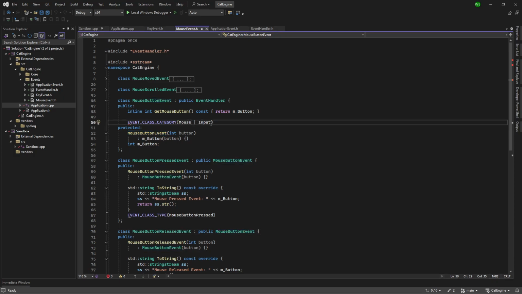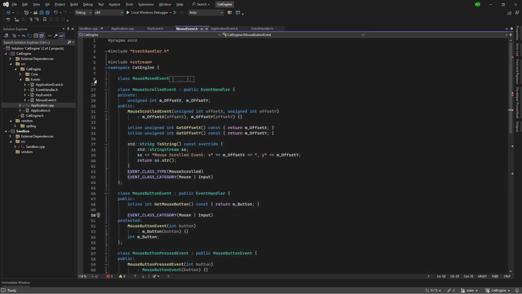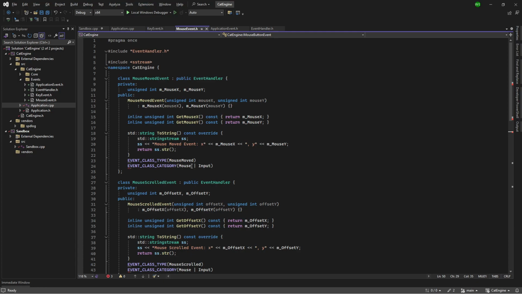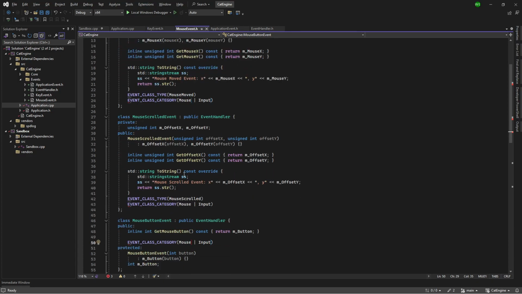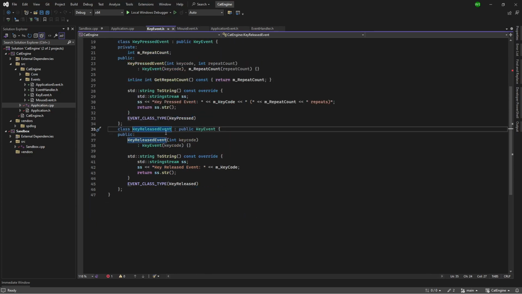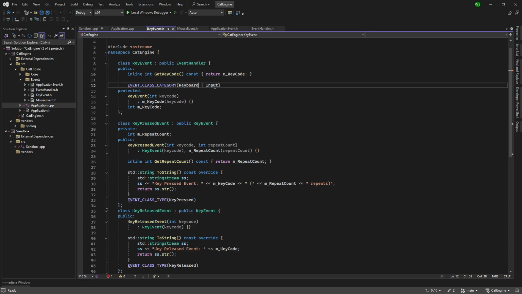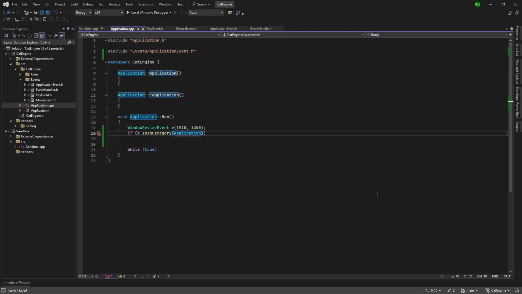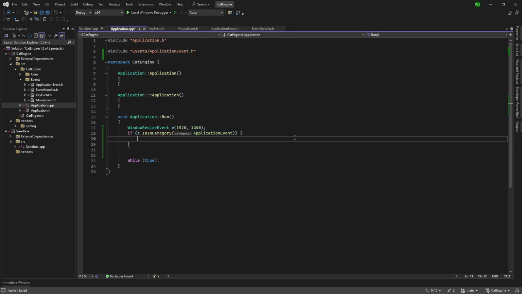And I only need to switch certain ones. And the only one I've got to change in here is this one to event. Then instead of just doing application, I'll just do application event. There we go. So if it is in that category, we want to basically just